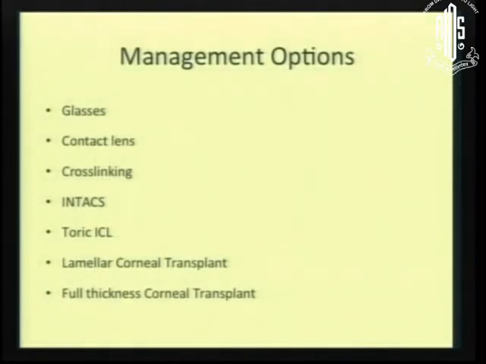So in the management of ectatic disorders, this is the kind of approach that we take. Sometimes we use a mix and match. We may do cross-linking, and along with that you may do intacs as well, or you do a toric ICL. And sometimes you don't have a single treatment modality that works for each and every patient. Depending on the severity of ectasia, you need to decide whether you need to take a conservative approach or you need to go in and do either an implant or a corneal replacement procedure.